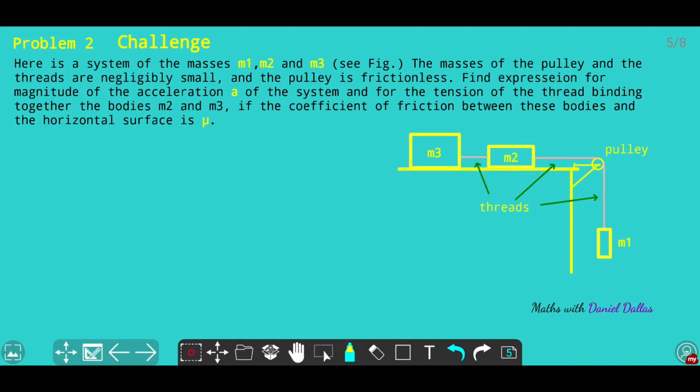So problem 2 itself describes the case where there are three bodies connected with each other so that two bodies stay on the horizontal surface and move along it, while another object is hanging on the string vertically and moves down, because definitely